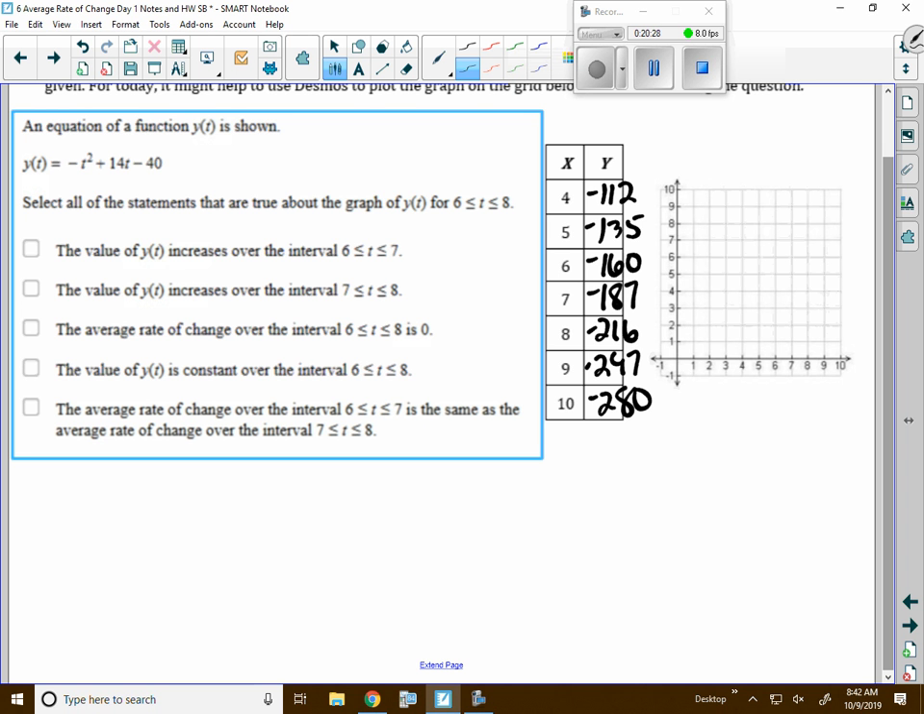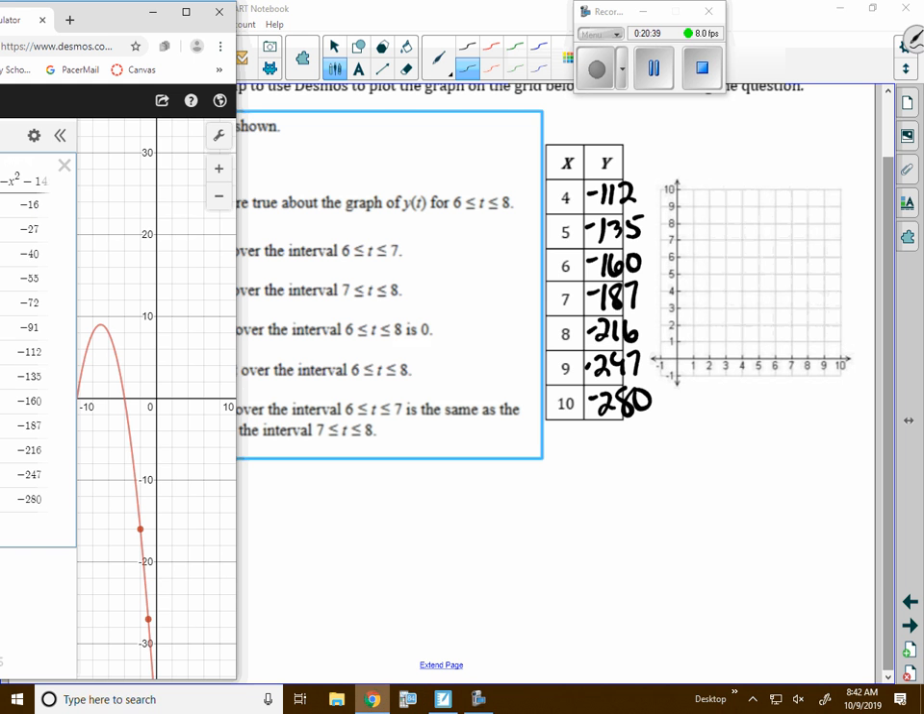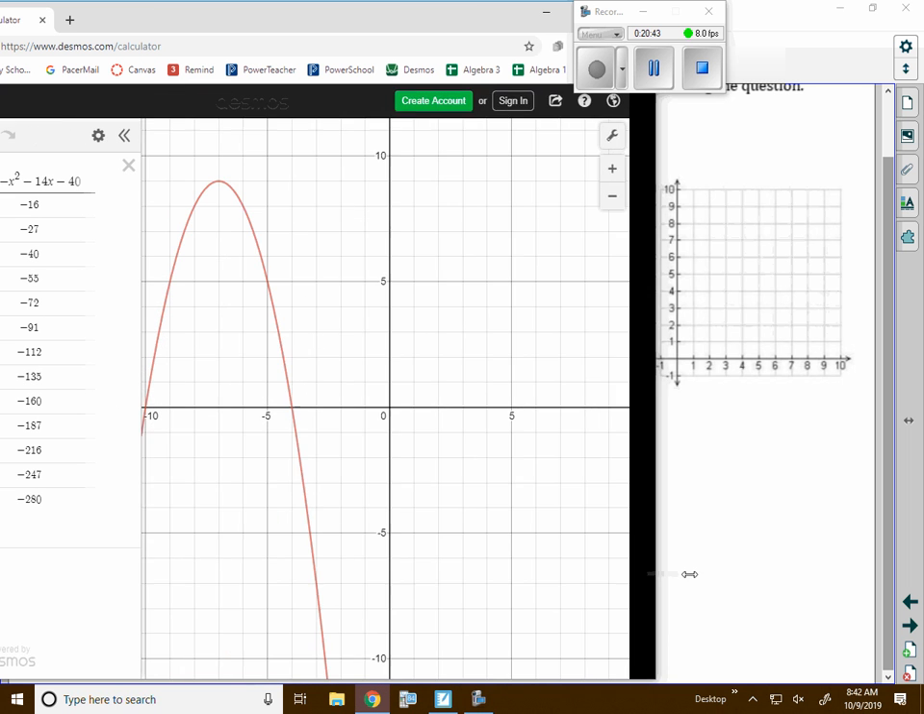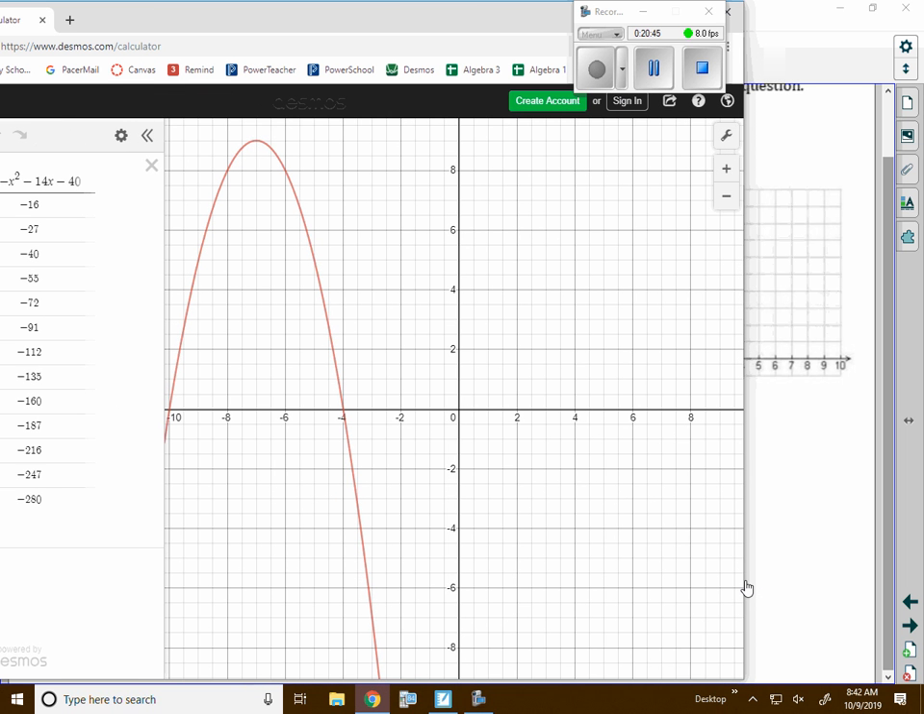Okay. So the first one says the value of y increases when x is between 6 and 7. Okay. Here's what I would do. I would go back to the actual visual graph that you can get, and look at 6 to 7. Okay, there is